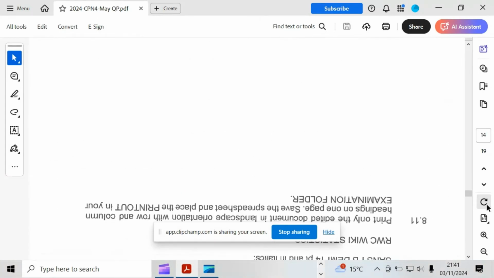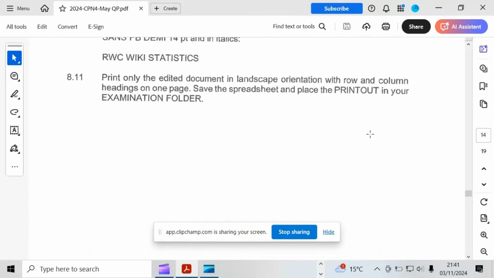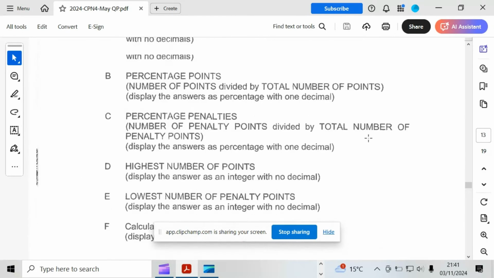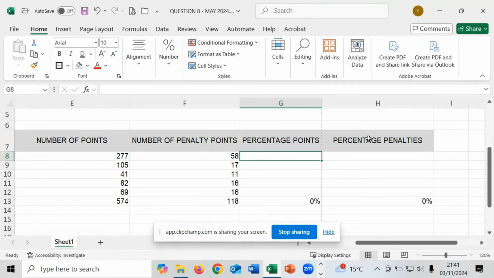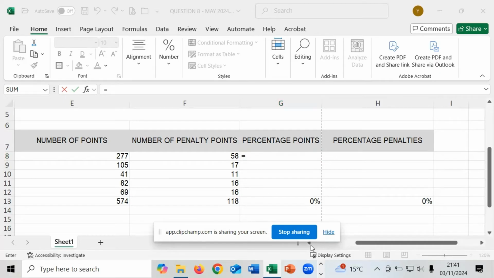Let's just change the orientation again. Okay, so formula B says that the percentage points are the number of points divided by the total number of points, and we need to display the answers as percentage with 1 decimal point. So it's going to be equals the number of points. In this case, 4 is the first player on our list,